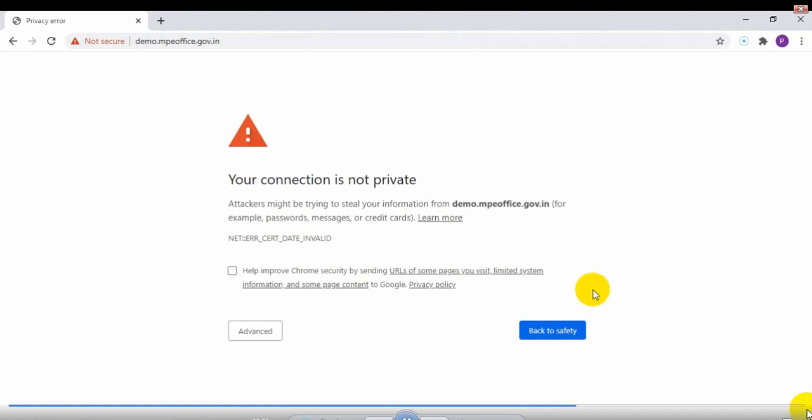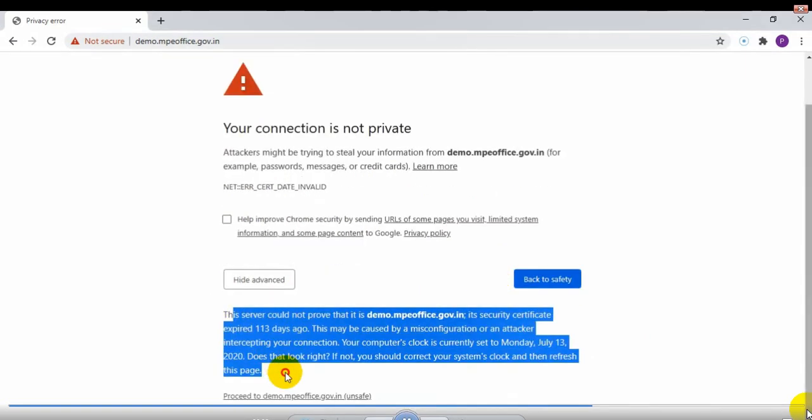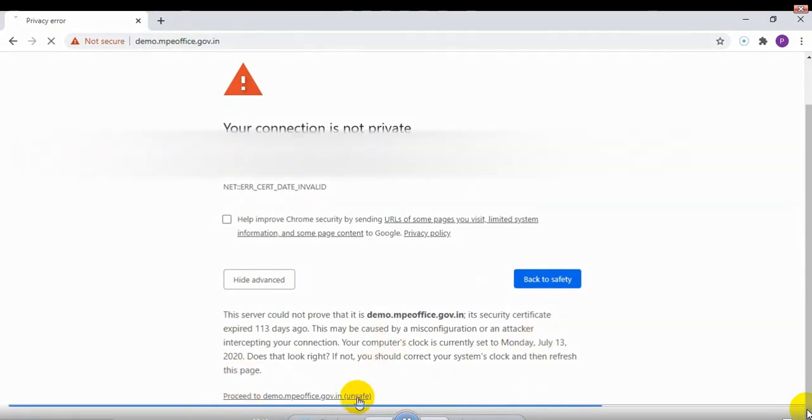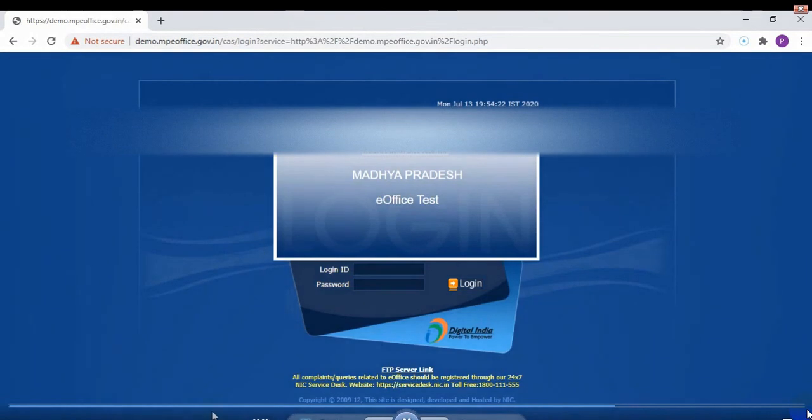So if I click the back to safety button, I will go back. But I feel it is not a bad website, I need to proceed. Then as usual click on the advanced button. Here again some story will come about what may be the concerns with the website, as we have seen, but as we know we are safe, I will click on the proceed link at last. In the next screen I will click on the continue to login button, and finally the login screen has come. So we have seen it on the three major browsers.